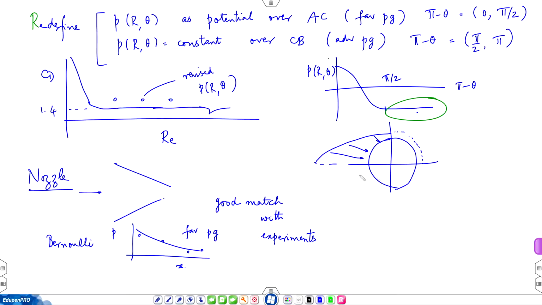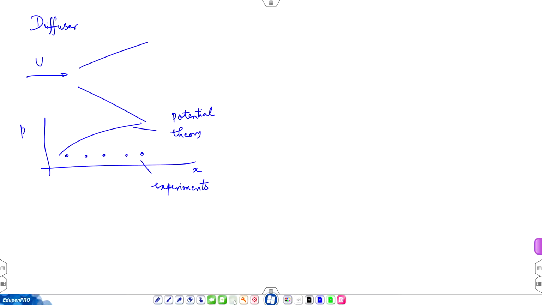So, as a net result, you have this circular cylinder, you have greater force acting on it on the left compared to the right, and this object will experience a force to the right, which is what we call drag. So, if you look at